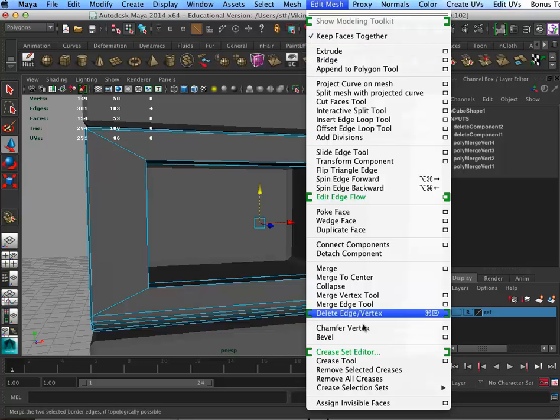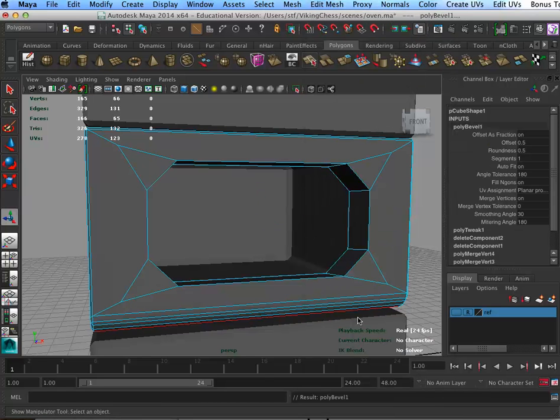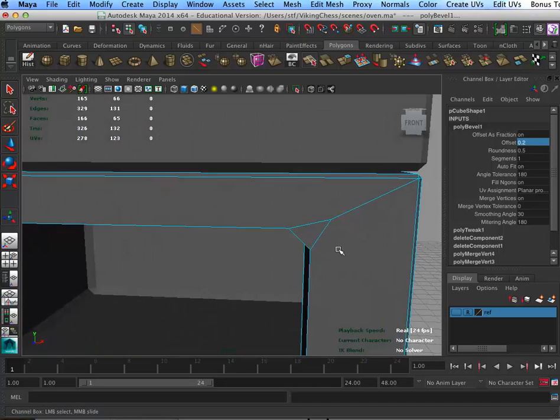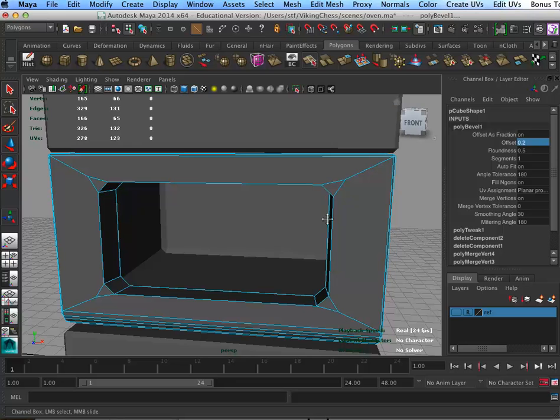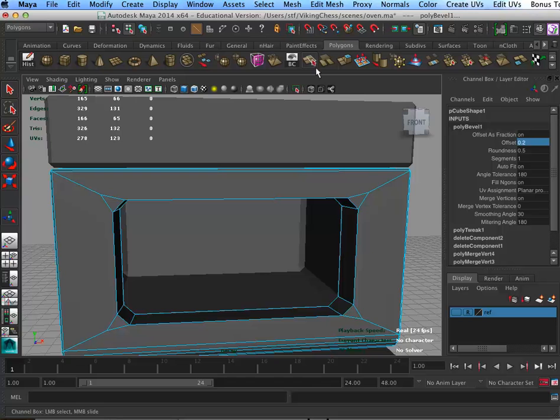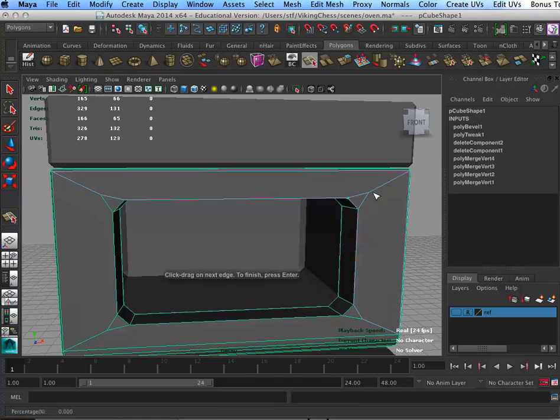Let's see, bevel. And so there. Okay, so take down that offset. Okay, yay. All right, so that'll be good. And I'm going to have to go up and merge those guys, or put a separate ring around there. Okay, so if I don't want that long triangle, and that's a valid thing not to want,